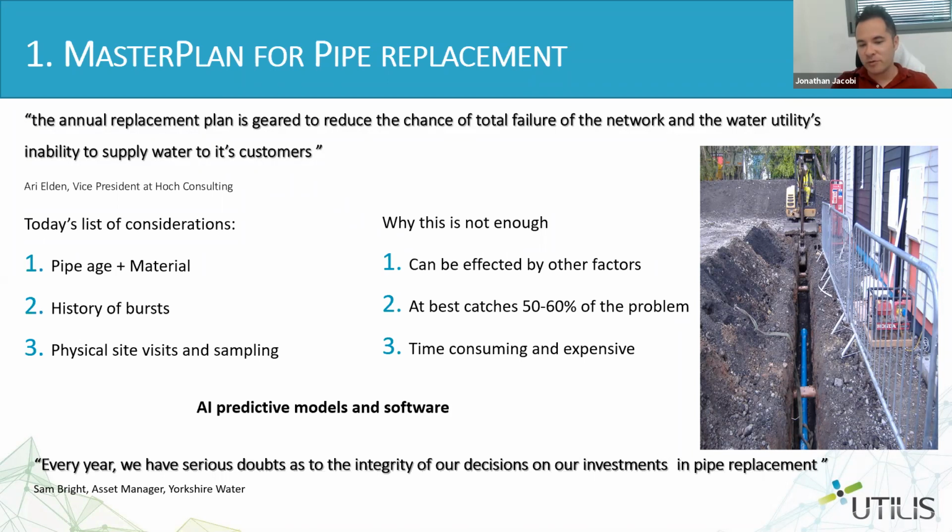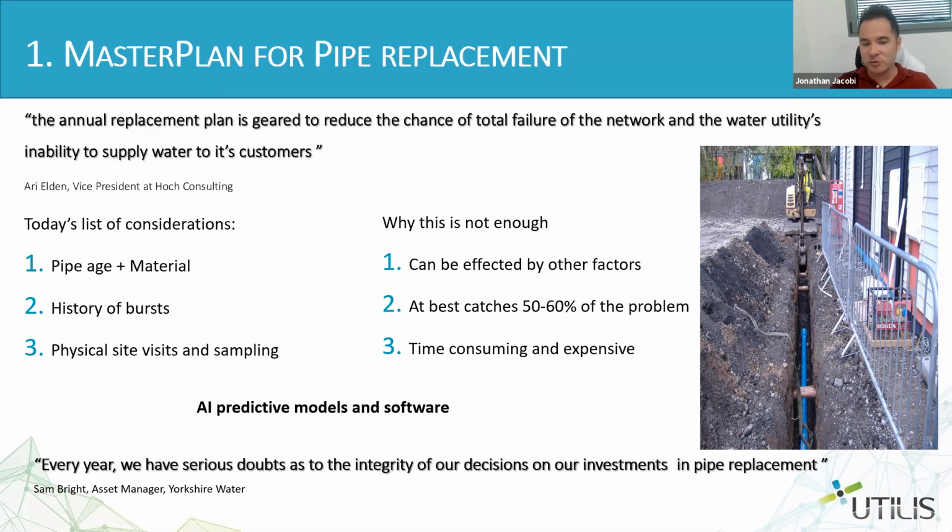And if the information that we put into it is 50 to 60% accurate, then the results that we get are 50 to 60% accurate. Is that as good as we can do today? Maybe. But if we can add some more layers of information and raise the level of assurance of our decision making, would that be better in the long term for decision making, for long-term investment? Definitely yes, because we'll be raising the assurance of decision making by, let's not go to the full 100%, but let's bring it up by 10, 20, 25, 30% more than it is today.